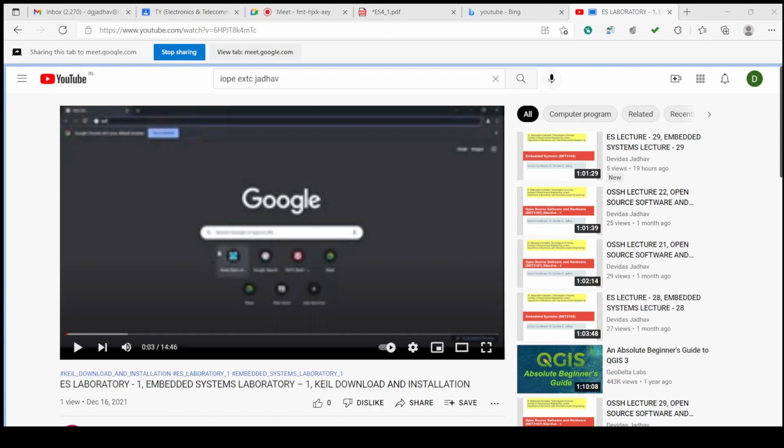There are a variety of softwares, like for the 251, 252, then other AVR microcontrollers, and then the Cortex microcontroller.